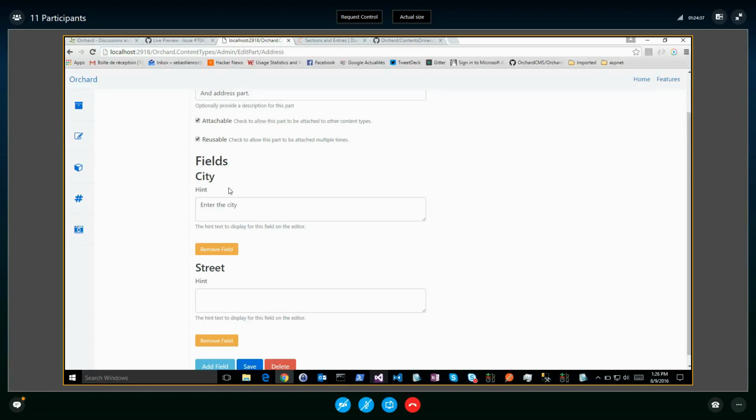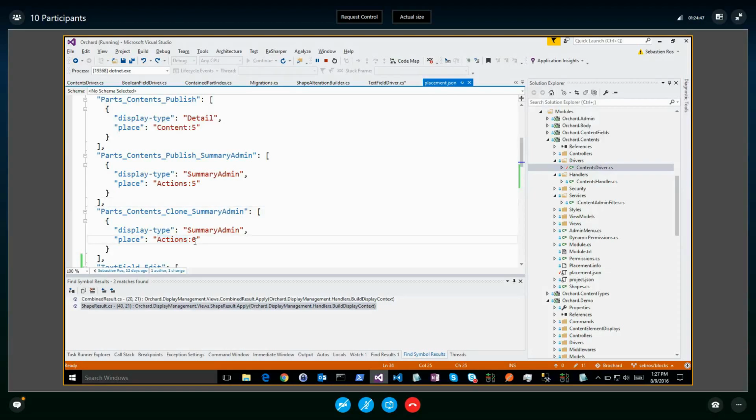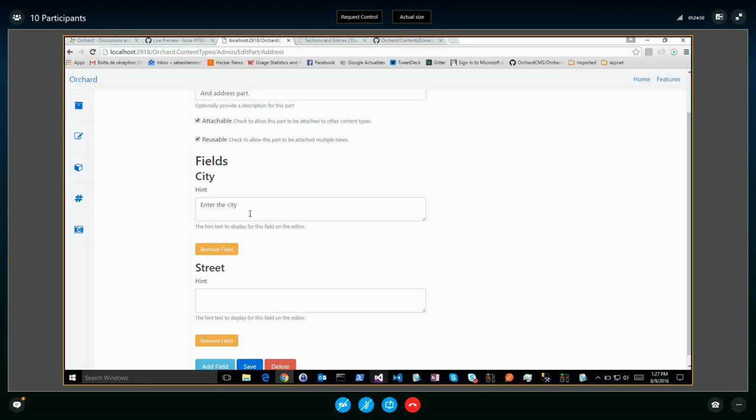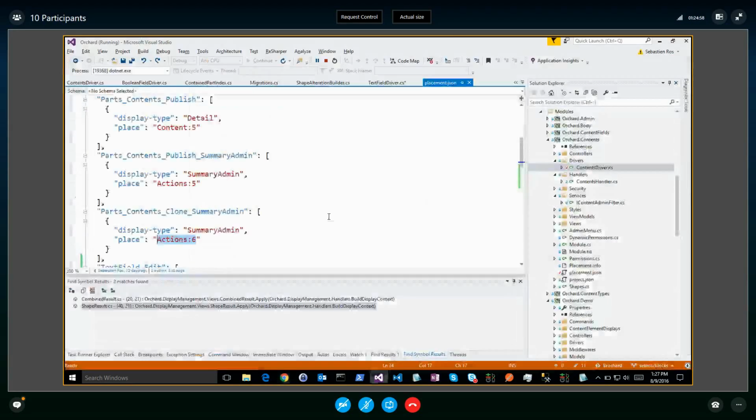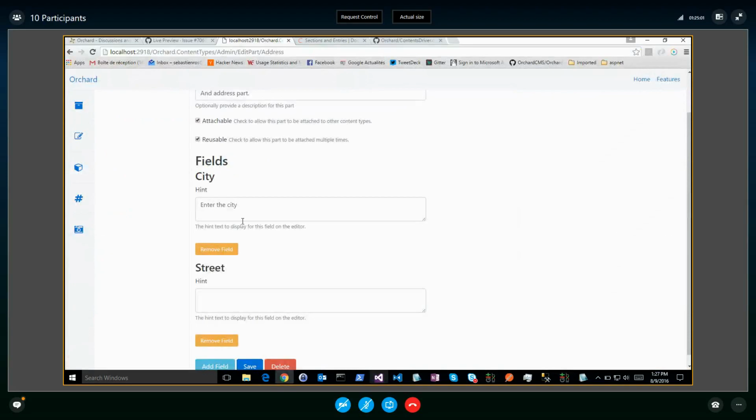In Orchard 0.3, for each field, for each part, you had another text box with the location you want, as in actions, :6, contents, :1, and so on. So you will type what you want as a location, and there will be no ambiguity. You can redefine it. It's not drag and drop, and it's overriding or not what you define in a driver. So it's the best thing you could have. But it's not. And that's why, of course, in Orchard 1 you are able to not drag and drop parts and fields, but their outputted